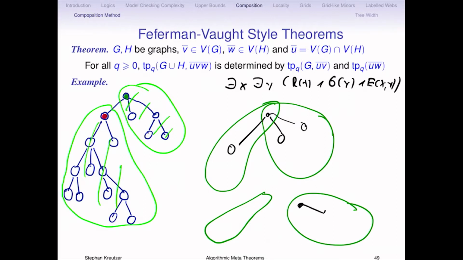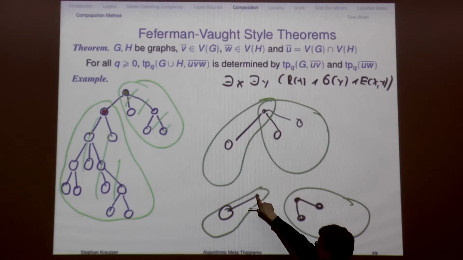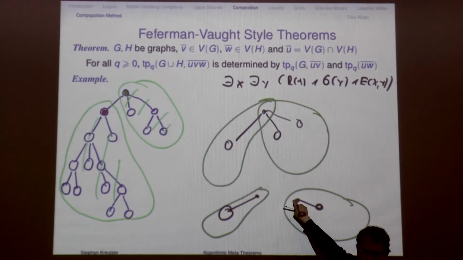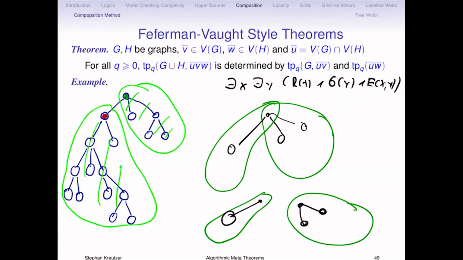Yeah? And this guy looks like this, and this guy looks like this. Right? And you compute whatever you want to compute in first-order information here and here. But if you don't know that this vertex is the same as this, right? There's no way of recovering the entire information about the graph. Stephan, aren't you justifying why a stronger theorem would be false? No, I'm just trying to motivate why we use this overlap.